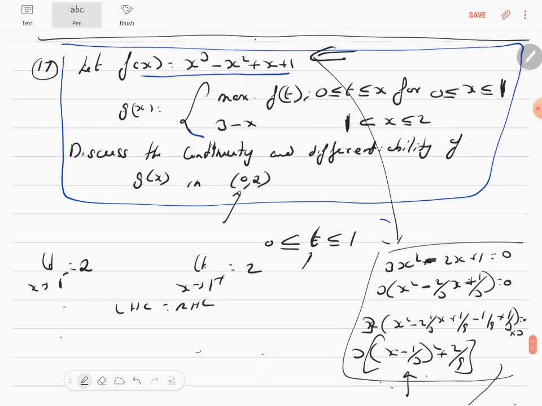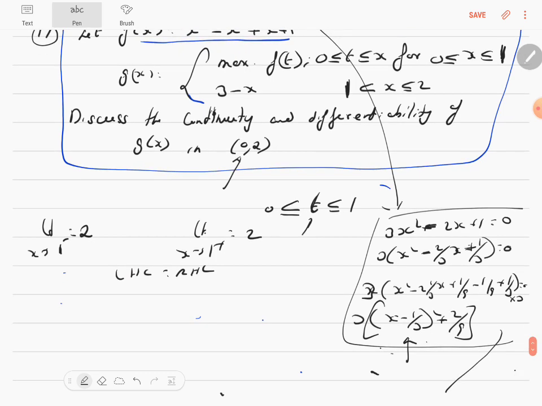Thus you can justify continuity. And now let's go to differentiability. f dash: limit of f dash of x as x tends to 1 from the left, and limit of f dash of x as x tends to 1 from the right. If you differentiate the right hand side, you get minus 1. So it's independent of the value of x, the slope on the right hand side is always minus 1. For the left hand side,